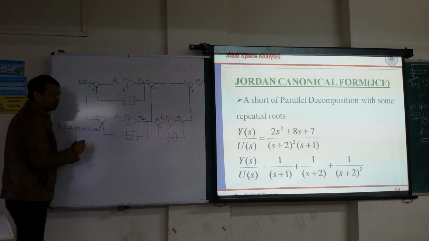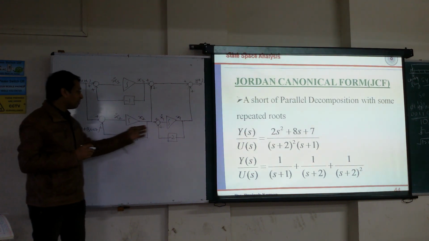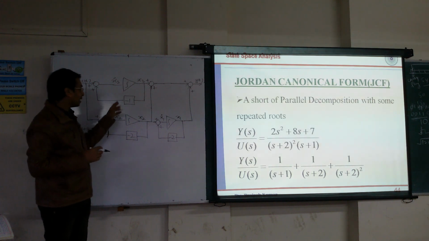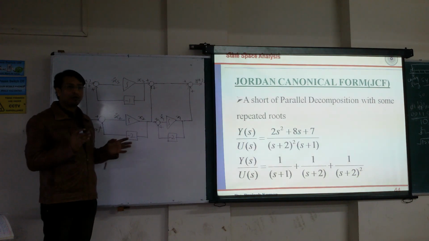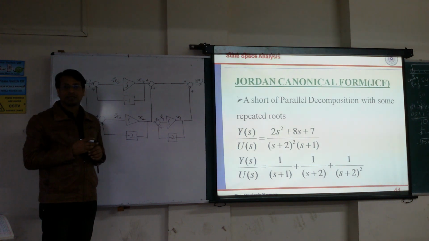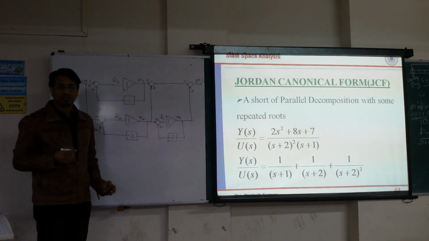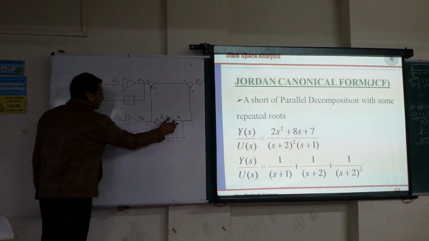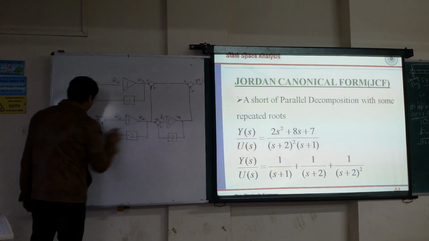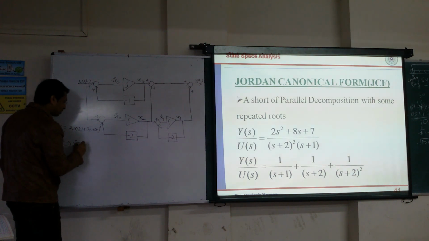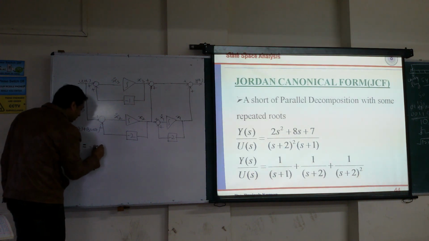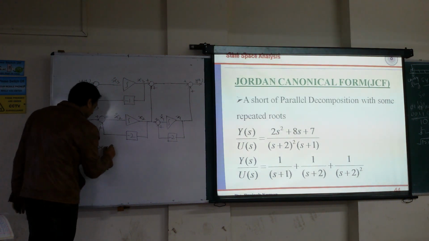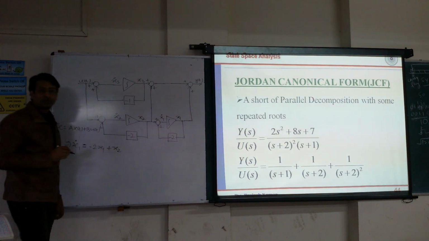x1 dot. If someone is having a doubt about why you have taken x1 and this x2, I am going to start with x1, x2 and x3. Accordingly you can take, no problem. The system matrix A will remain the same in form, but rows and columns are going to be interchanged. So I have taken x1, x2 and x3. x1 dot means differentiation of x1, I want to find out. So what will you get? You will get minus 2 x1 plus x2. Correct?